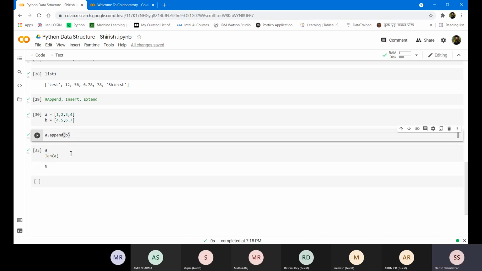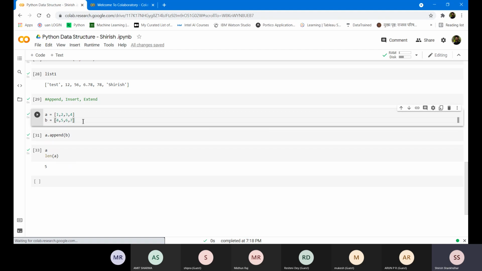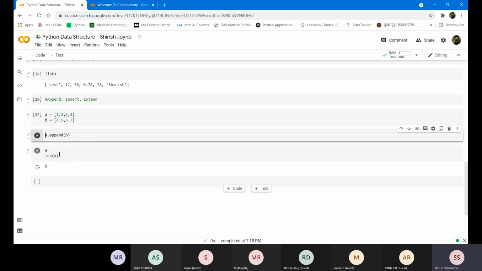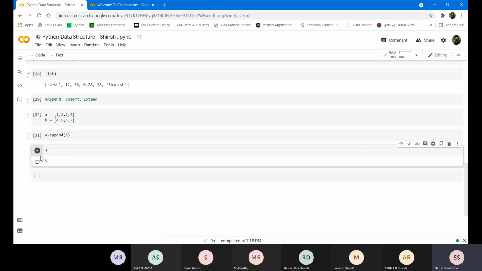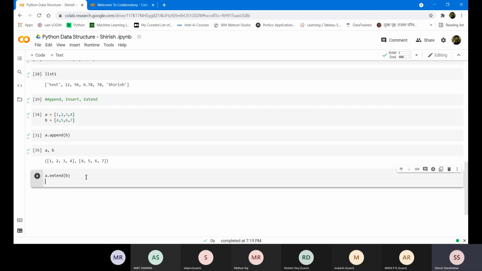But what if I do not want this kind of merger? I want the continuation. I want the list A to be continuously extended with list B. I do not want this kind of merger. I will define them again. Now my A is normal and my B is also normal. Just to see, I will print both of them. This is my A and this is my B. What I can do is A dot extend B. The moment I run this